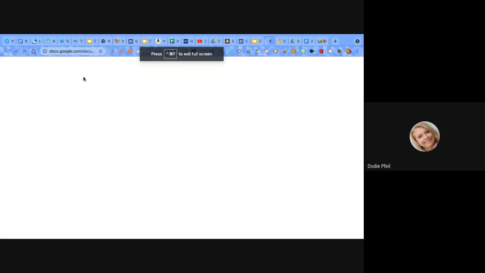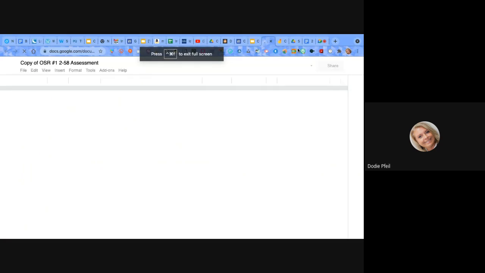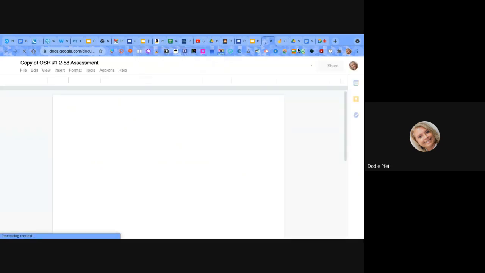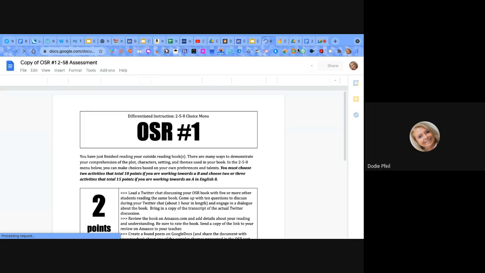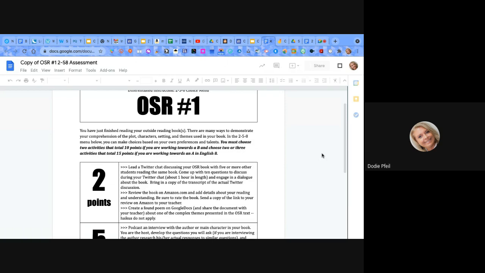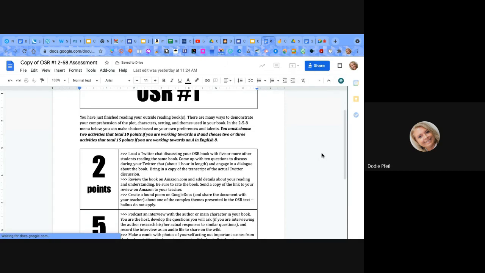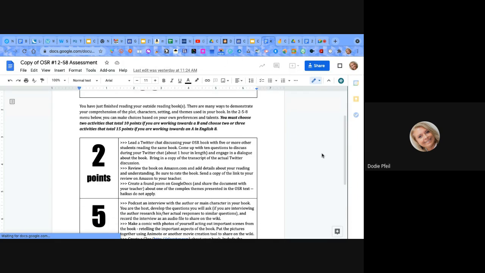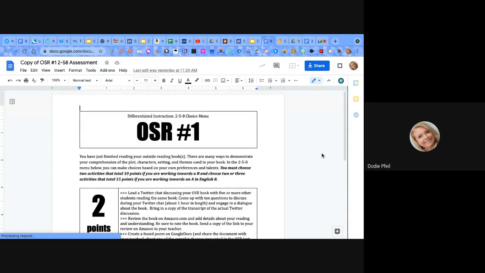But you can use a choice board as a simple list. I will say this, I've used the 2, 5 to 8 or the 1, 2 to 3, or the 3, 2 to 4, or 2, 3 to 4 a lot when I taught government. I was teaching it to seniors and college level kids at University of South Carolina. I use choice boards all the time for their end products. Now, nothing fancy about this. It doesn't have to be fancy. You can get fancy with a simple list, but here, a simple list,